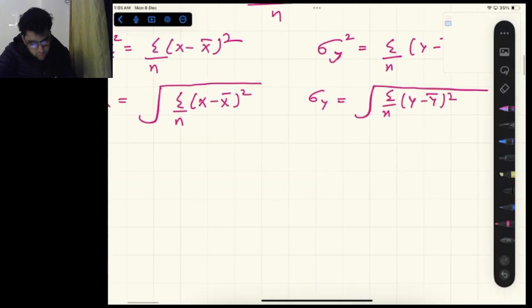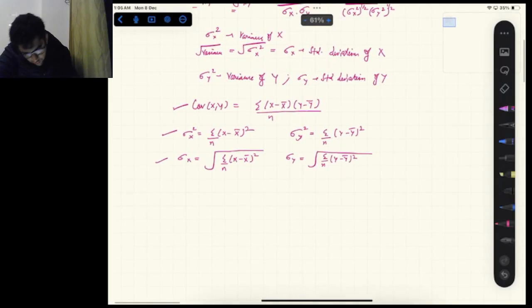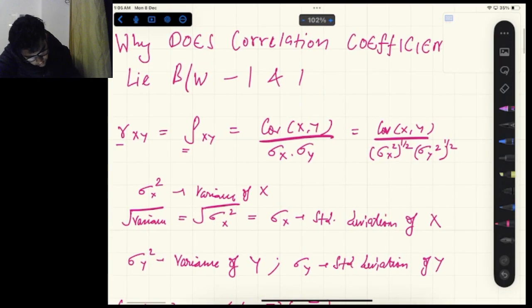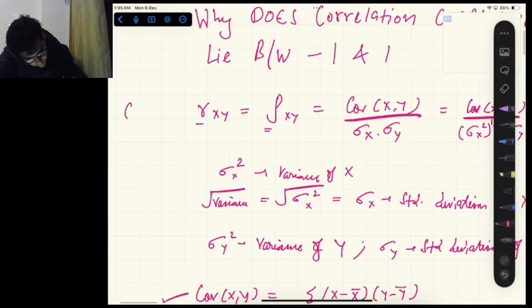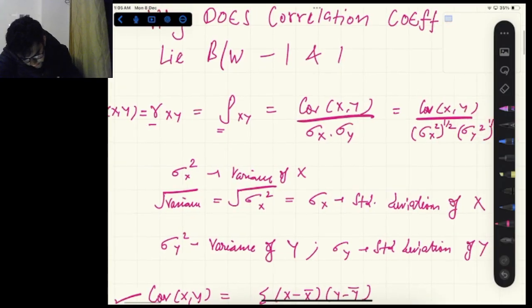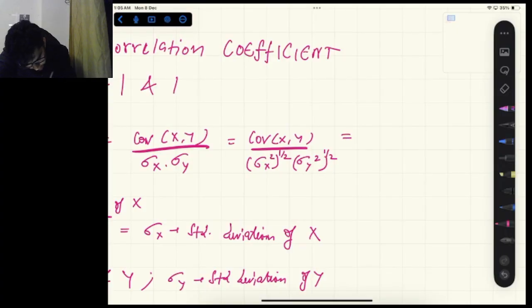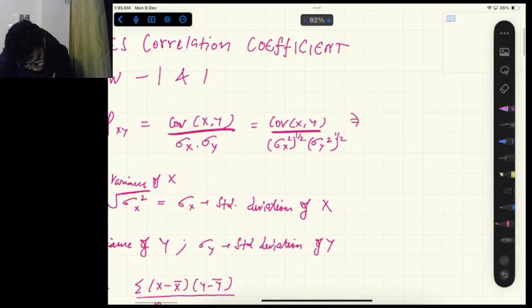Right, so what is the formula for correlation? So the formula, this is correlation between x comma y which is this, and this is covariance. Covariance. And now this formula of correlation can also be written as